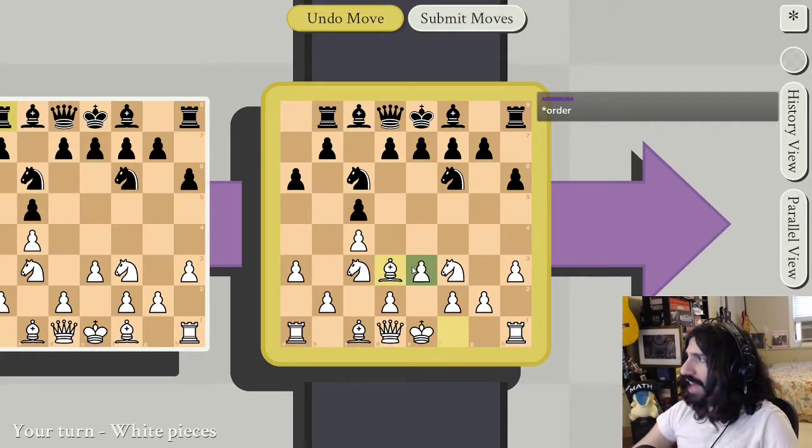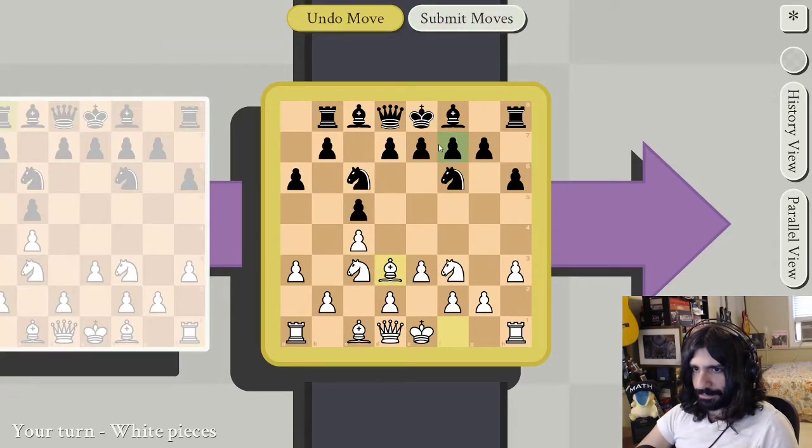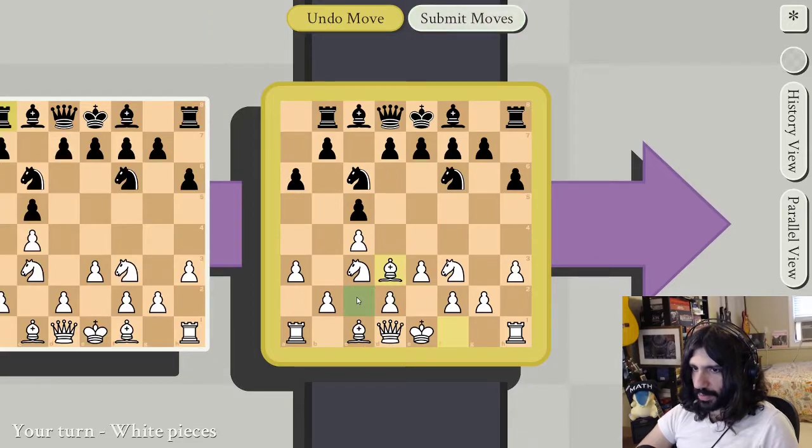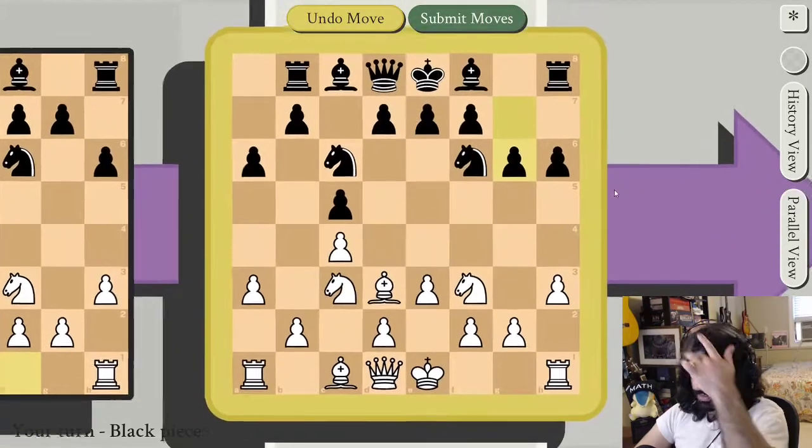I don't know. I don't like it. I don't like it. Let's leave it at that. I like queen c2 first, but that's just me. Bishop d3 happens, and in response,